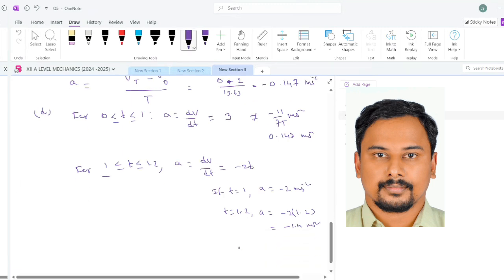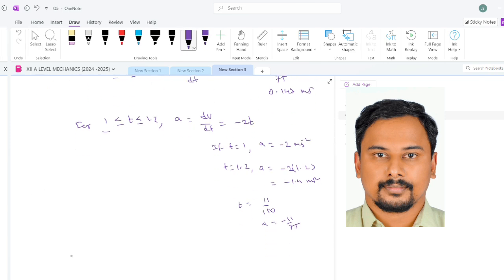Suppose in this, if you put t value as 11 by 150, then what is the acceleration you will get? Minus 11 by 75. So that means this is also not satisfying. Next, the third condition. Now for 1.2 less than or equal to time less than or equal to t, then